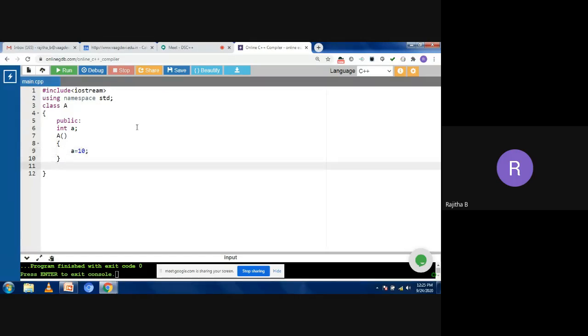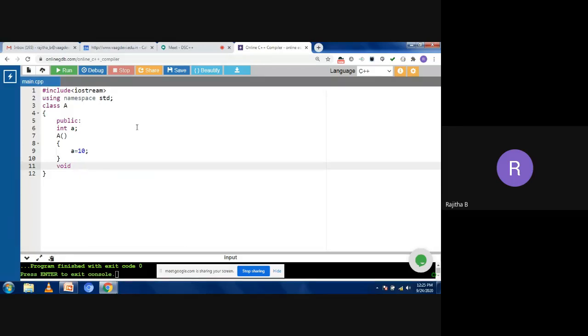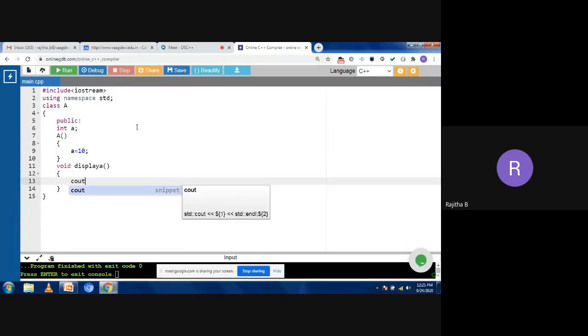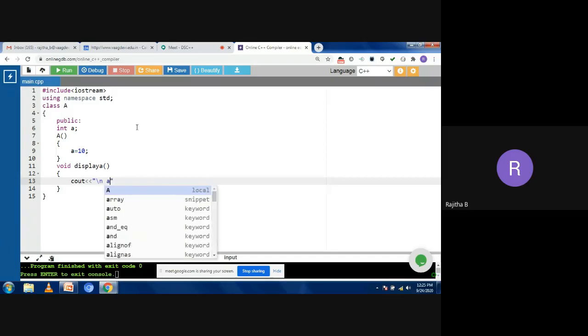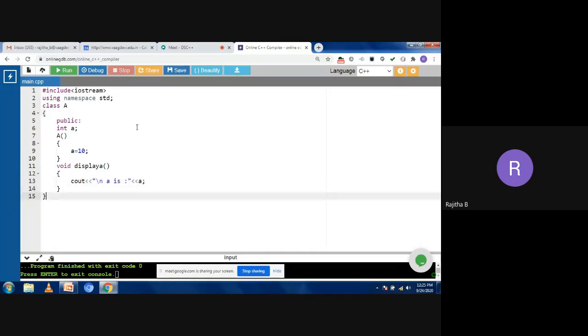Now you can take the display function here also. I'm taking the function name as displayA, and here it is going to display the value of a. Now I'm closing the class.